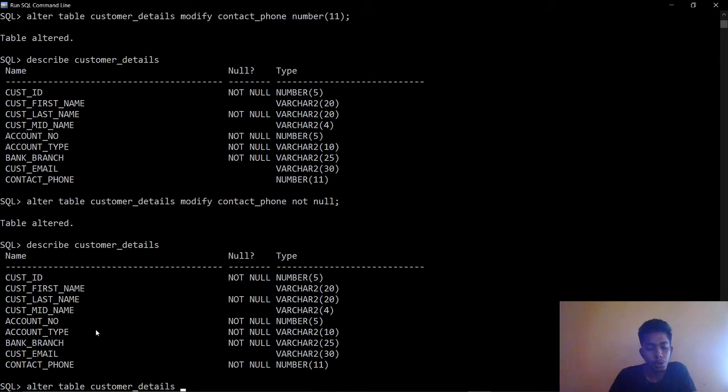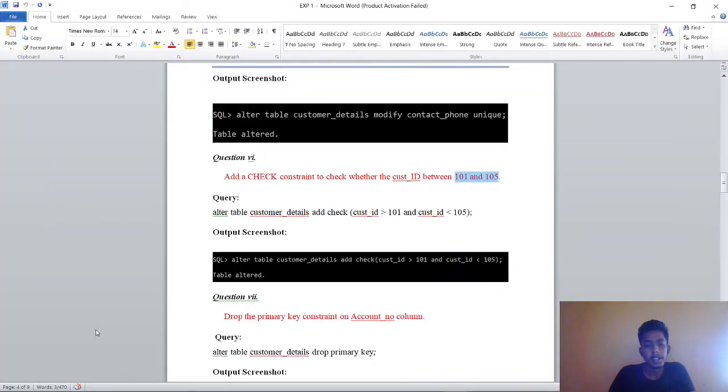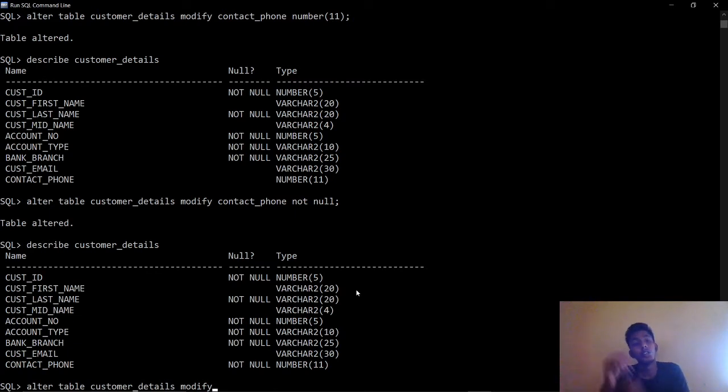We are not going to modify here, we are going to add an extra constraint, that is check, to the customer ID. So add